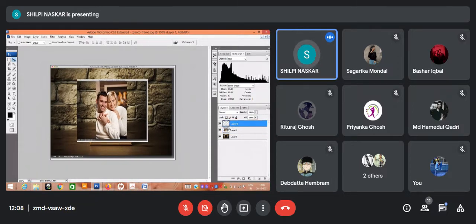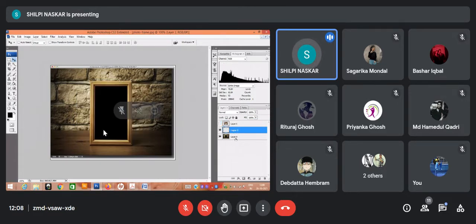Okay, now do it all the things again. Create the transparent layer, make the visibility of the top layer off, create the shape you want to be clipped from the original layer. Okay, Control Enter.